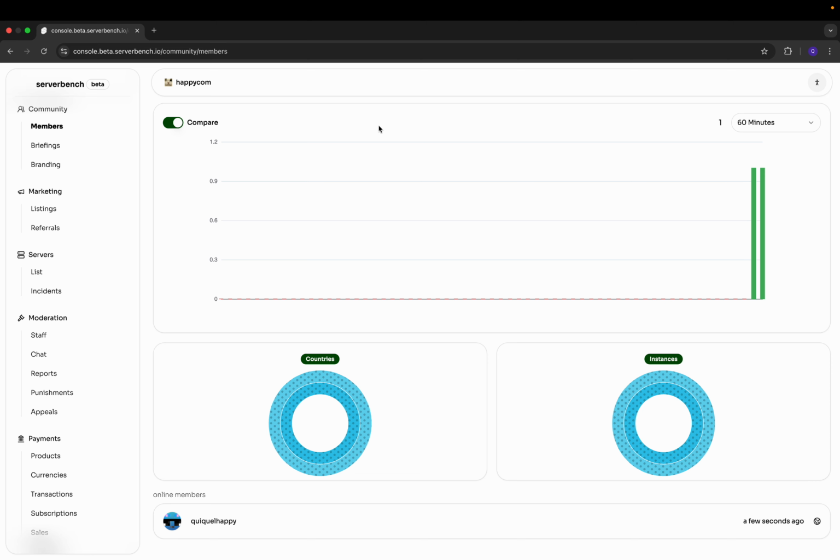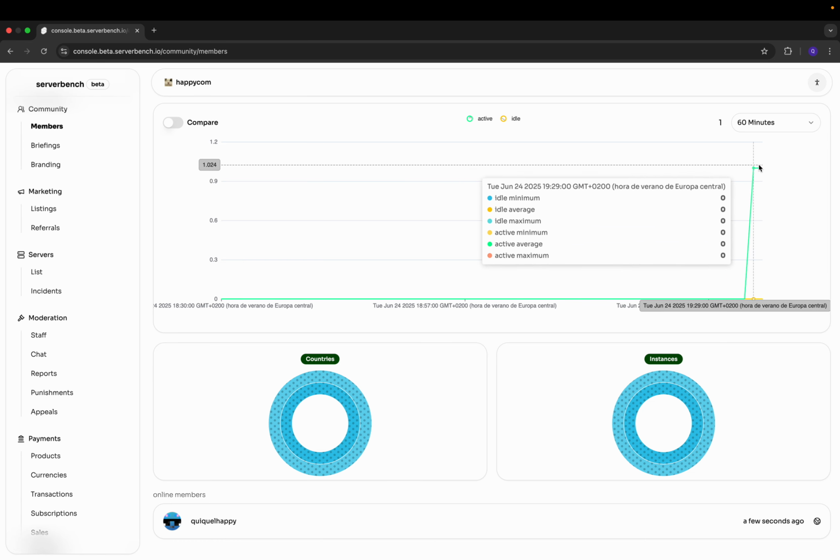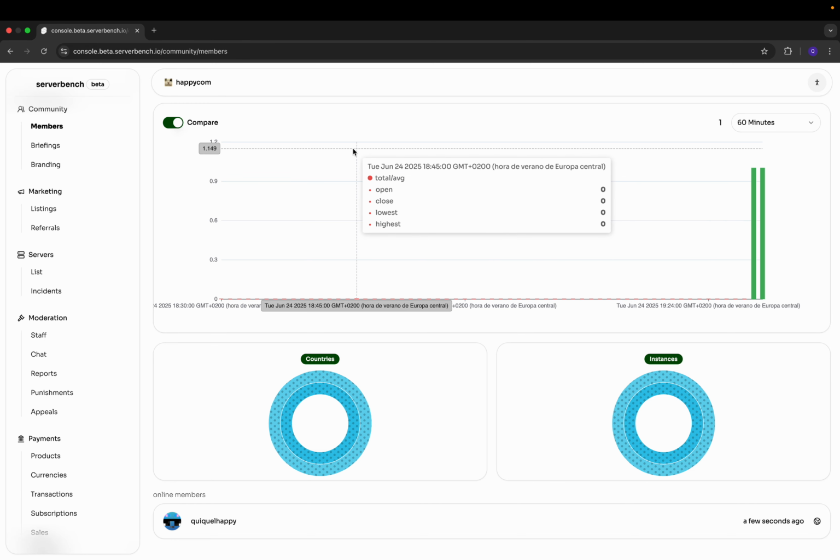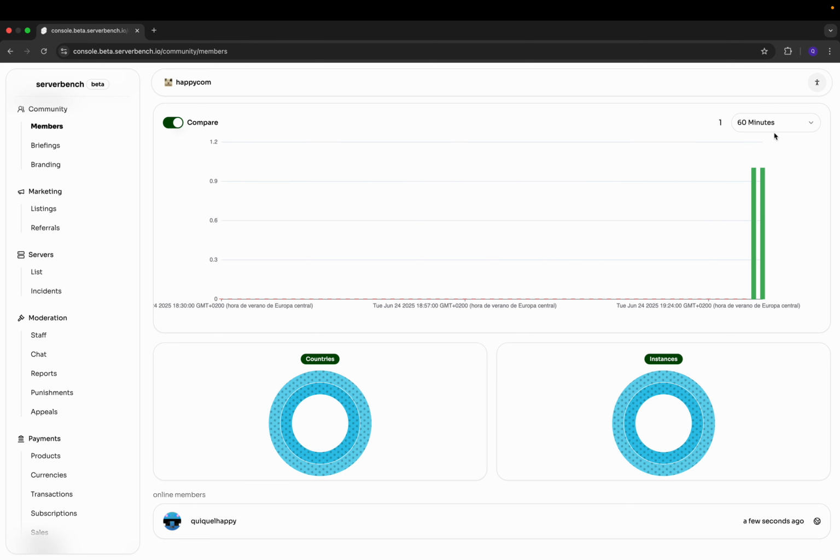In this case, we are on the compare view, so we can either see the classic view, which is just a line showing the amount of players, or we can see this. This is basically comparing to the previous period. So in this case, it will be comparing the previous 60 minutes to these 60 minutes, the difference in player